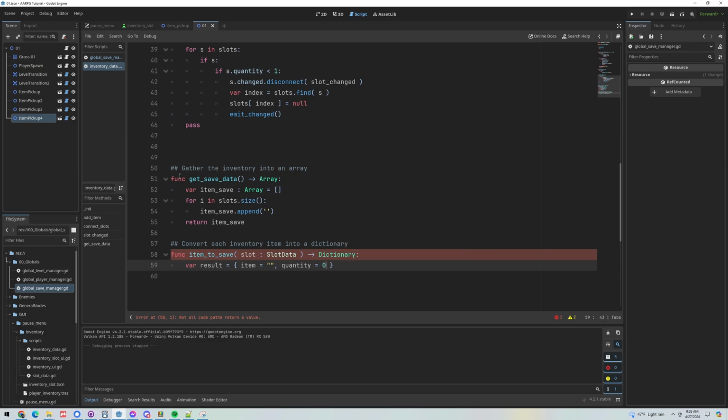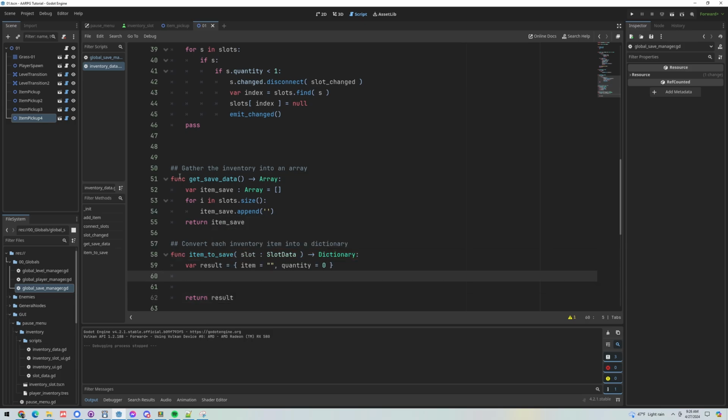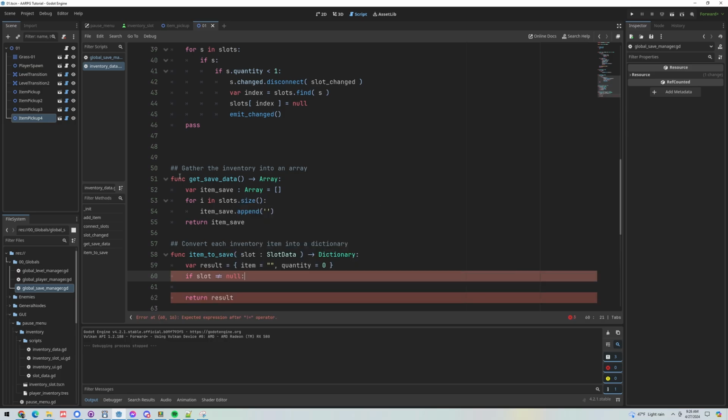So we'll set the quantity equal to 0 by default and the string to empty by default. And obviously if we have an empty string, that means there's not actually an item. And then we'll return our result at the end of this function, okay? So what we can do is just check: let's see if our slot does not equal null, right? And remember, I have code ligatures on, so not equals is exclamation followed by an equal sign. So if a slot is not null,